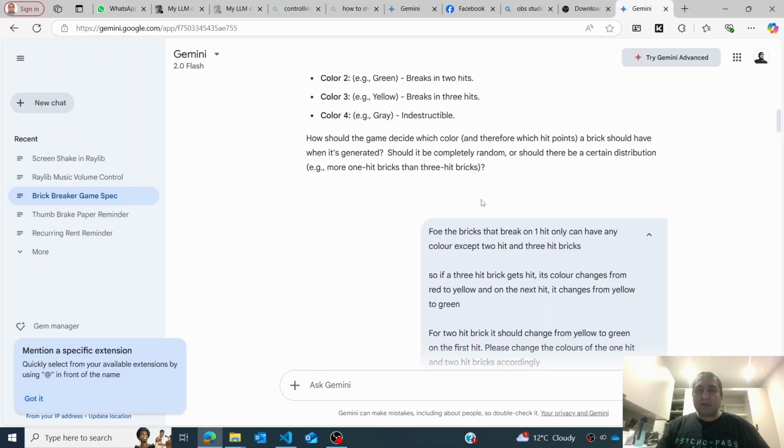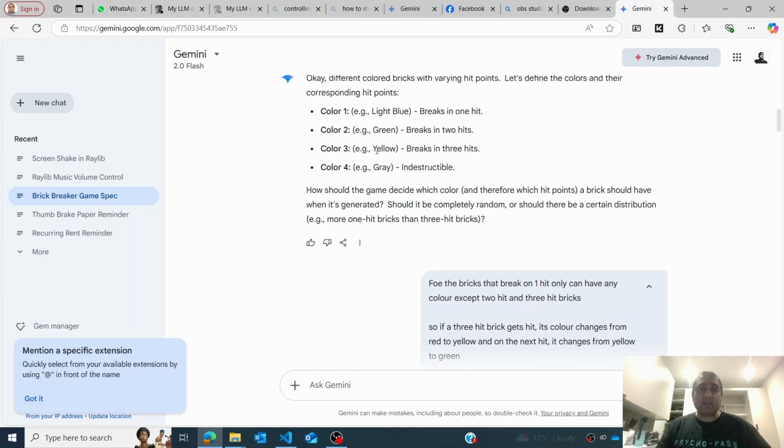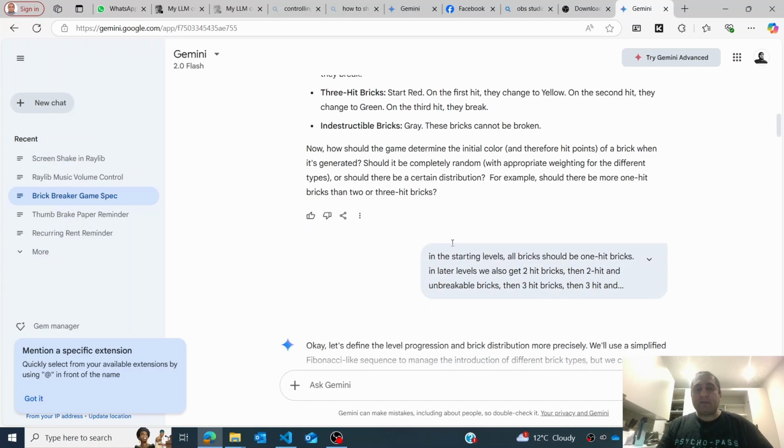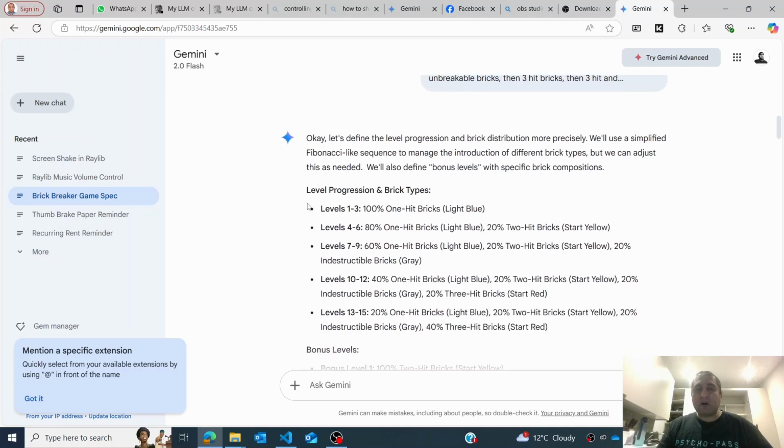So it was saying that the red brick should be yellow, but then I said, okay, once it gets hit, it effectively becomes a 2-hit brick. So then the 2-hit brick should have the yellow color rather than the 3-hit brick. So that is what I'm saying. It just made the corrections accordingly, and then it kept on asking me more questions, like how the level